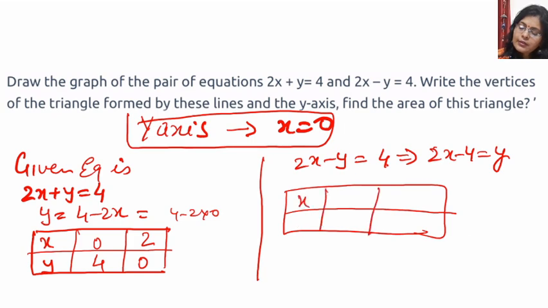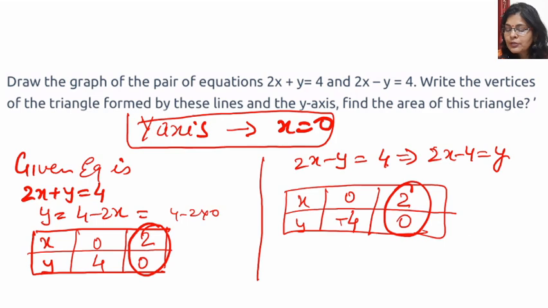X, y. Then we have put the value 0. 2 into 0 is 0, 0 minus 4, so we have got the value minus 4. Again we will put the value 2. So what do we get? 2 into 2 is 4, 4 minus 4 is 0. So first, the important thing you have concluded is that these two equations have one common point. So you can very easily say that these lines will intersect. First thing you have got this.